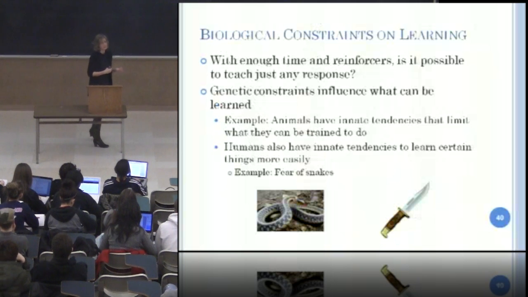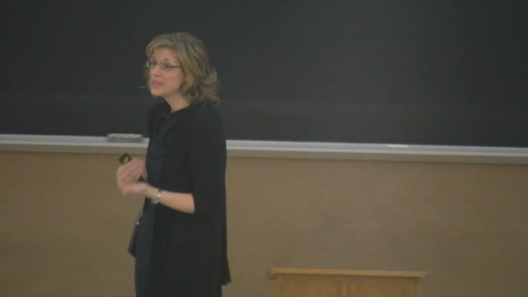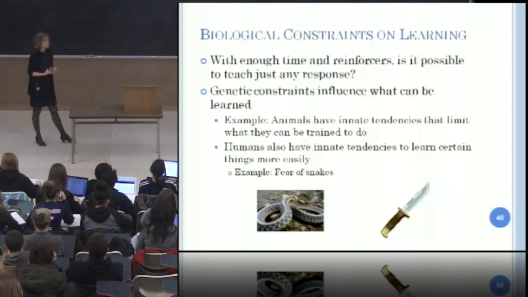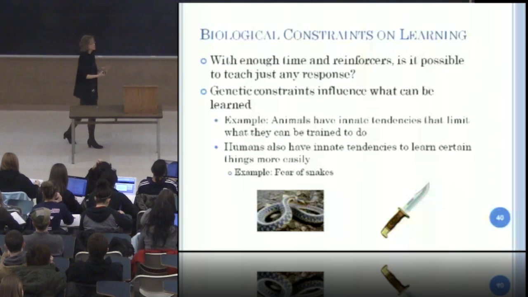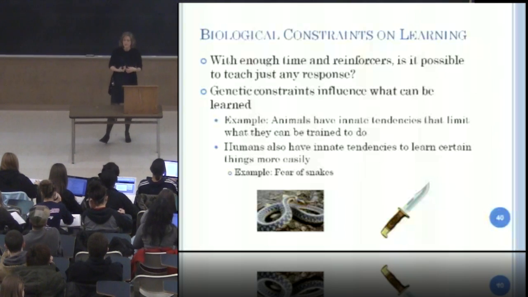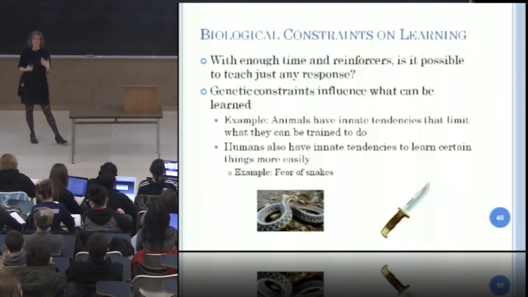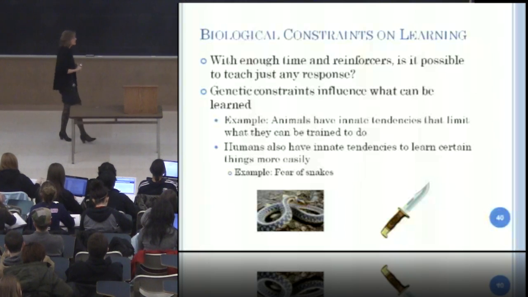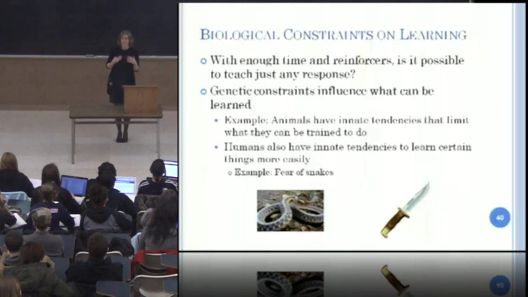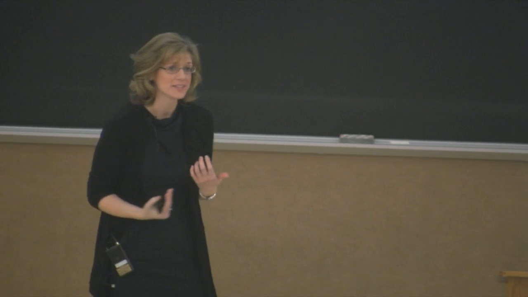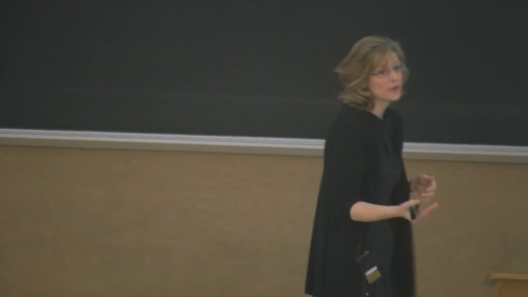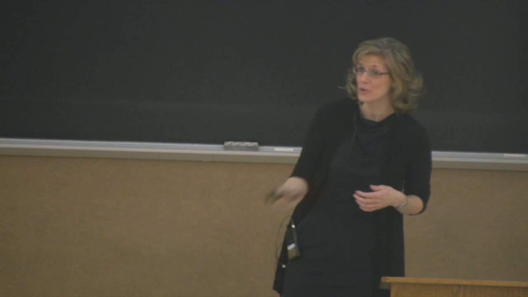On the flip side of that, there do seem to be certain things we can learn more easily. So if you think about phobias, think about the phobias that your friends or family members have or that you've seen quite a bit in people. There seem to be certain common ones, like phobias of snakes, phobias of spiders, fear of heights. These are really common ones, and they also seem to go along with evolutionary adaptiveness. It's adapted to be afraid of heights. It's adapted to be afraid of snakes. Blood and needle phobias are also very common, and you could see how those would be adaptive.